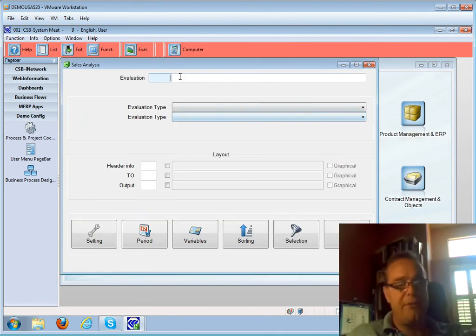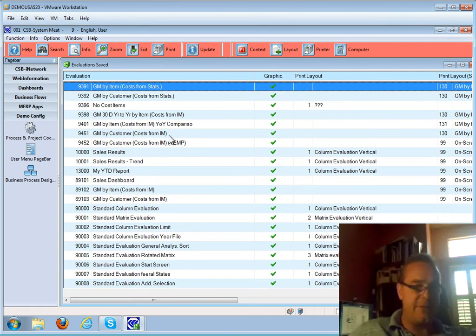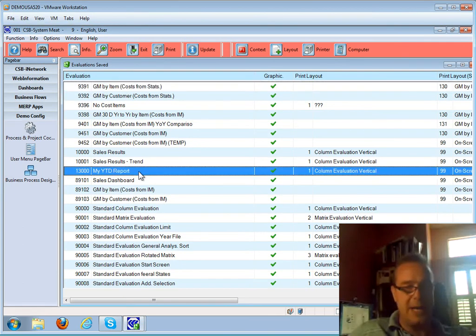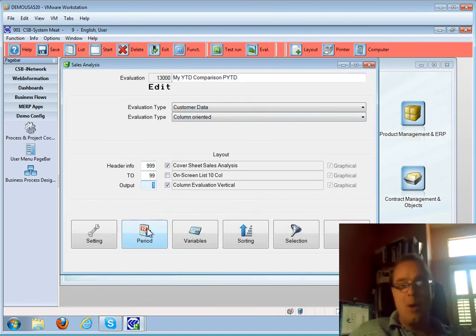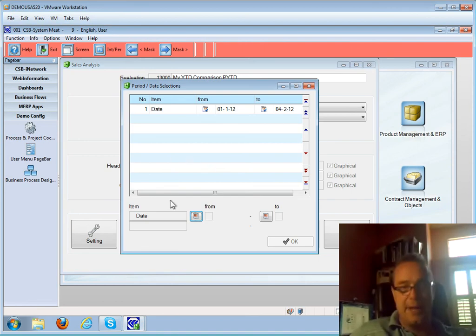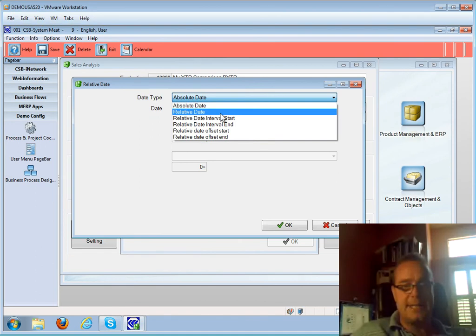Now we could actually kick that up a notch. Let's say in this instance we would like to now compare that year-to-date report to the previous year. I mean, that is actually a standard scenario that most of you guys have, and so that is now my year-to-date comparison. Previous year-to-date. Right? So if I want to do that and enhance that report now and kick it up a notch, what I would need to do is actually add another period in here. So I would just go ahead and say I would like to have a second period in here